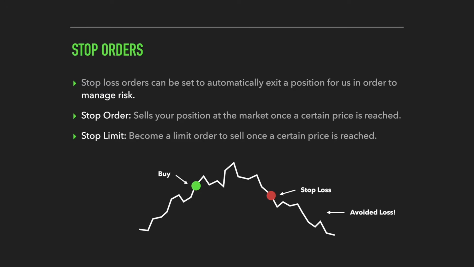For those who may not know, a stop loss is simply an order that is going to automatically exit out of a position for you in order to manage your risk. So for example, if you were to buy a stock expecting it to go up in price, but it kind of failed to meet your expectations, you never really got the chance to lock in profits on that trade, and then the stock actually fell below the price that you bought at, causing a loss on the trade, you could have a stop loss set below the price that you bought at in order to automatically exit out of that position for you, which is of course going to help you keep your losses small and avoid taking large losses